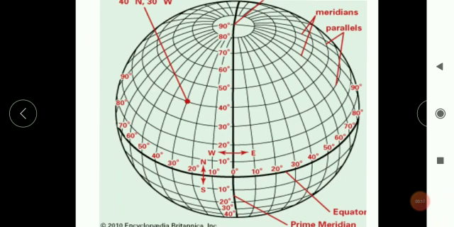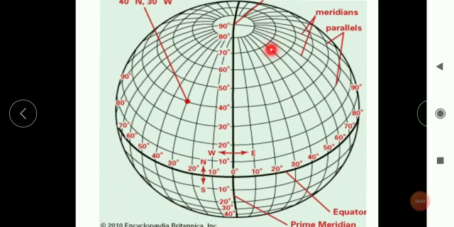Do you remember the last lesson, children? For the equator we have considered the value as 0 degree, and at an interval of 1 degree each we have drawn some angles: 10, 20, 30, 40, like that. So in the northern hemisphere, how many parallels have we drawn? 90. And in the southern hemisphere? Same, 90, which makes a total of 180 plus this one great circle, that is the equator. So together we can actually draw 181 parallels on the globe.